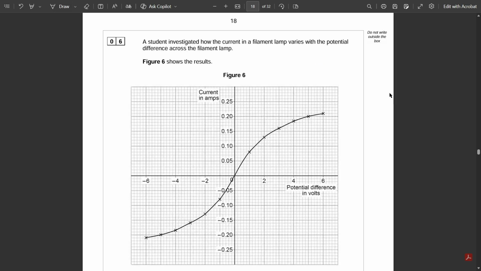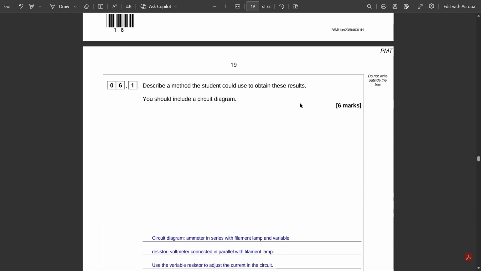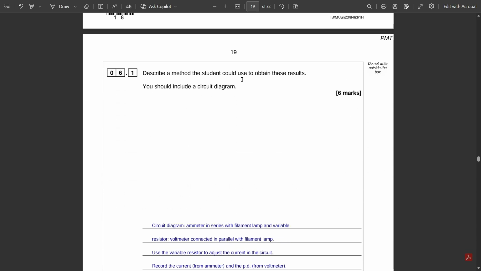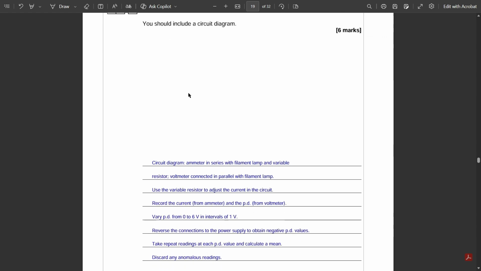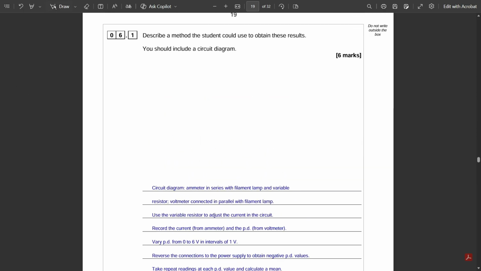And now moving on to question 6, a student investigates how the current in a filament lamp varies with the potential difference across said filament lamp, and figure 6 shows the results. Then we're asked to describe a method the student could use to obtain these results, and we should include a circuit diagram. Well, firstly, we just have a small description of the actual circuit diagram, and what it is